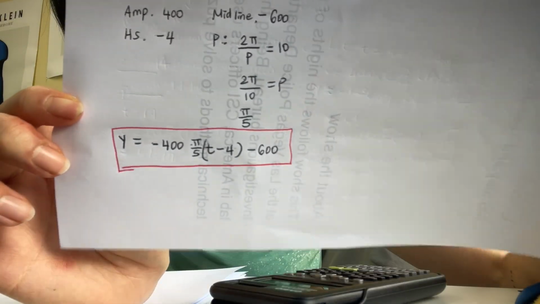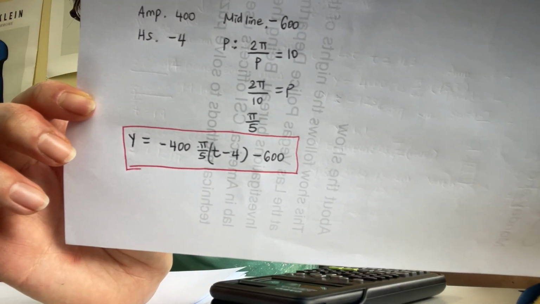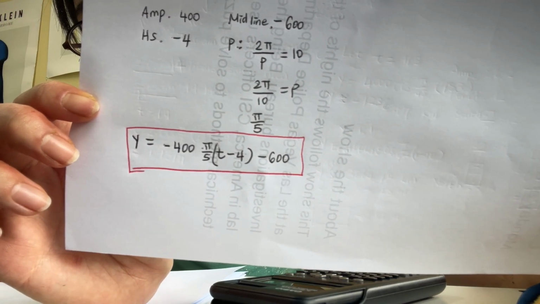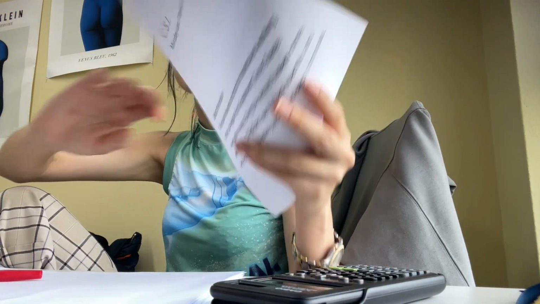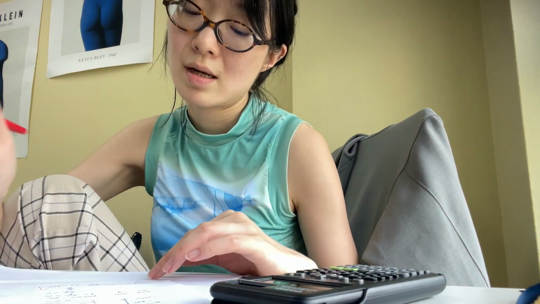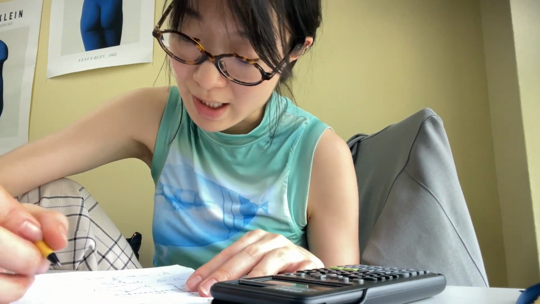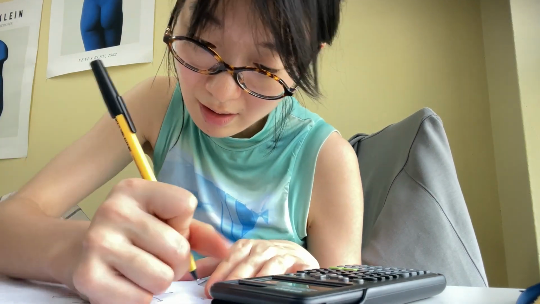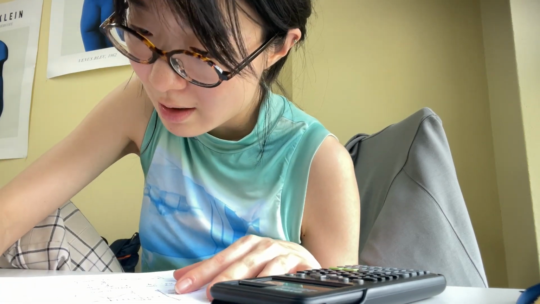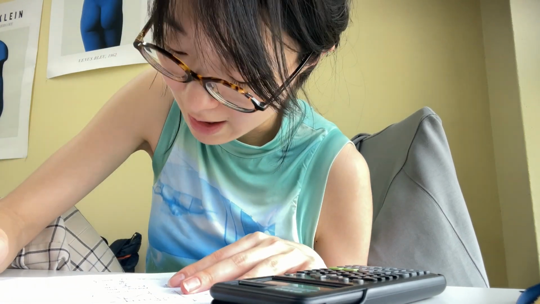This is what I have after taking everything into account. Okay, and now we can answer the following questions. Your submarine is safe from the enemy destroyer when it is 300 meters or more below the surface. Was your submarine safe at time t equals 0? Justify your answer. When t equals 0, we substitute t equals 0, and then what I end up getting is